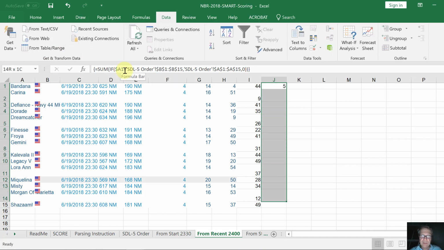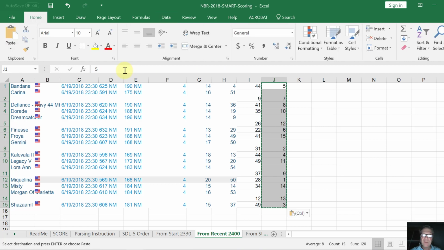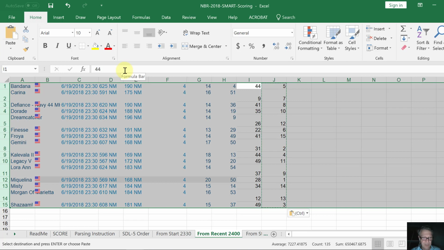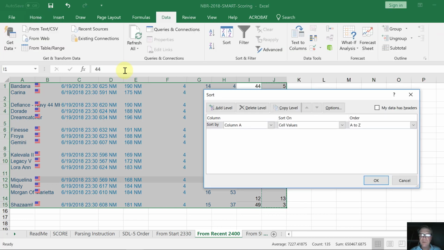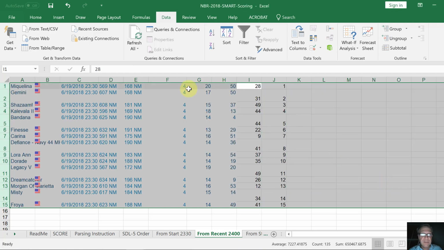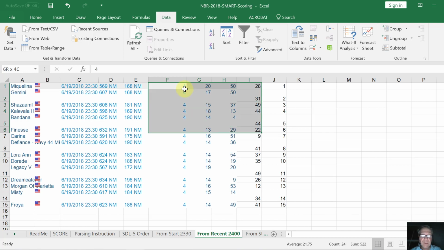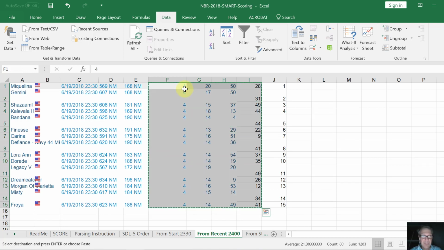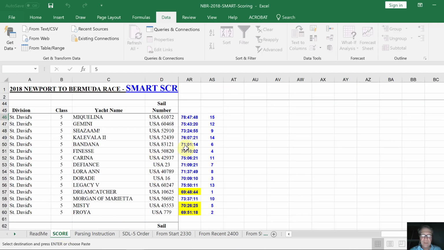Shift arrow down to paste it down. Control D to actually paste it down. Control C to copy. Alt HVV to paste the values. I think this actually still is faster than entering this data by hand. Otherwise, I would certainly go crazy. Okay, column J, smallest to largest. That data is now in the order that I needed to take it, copy it over to the scoring spreadsheet,